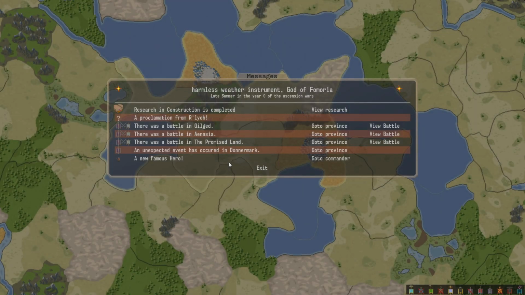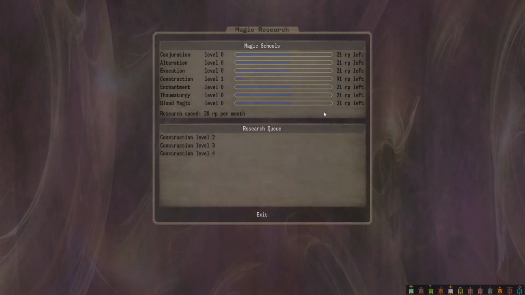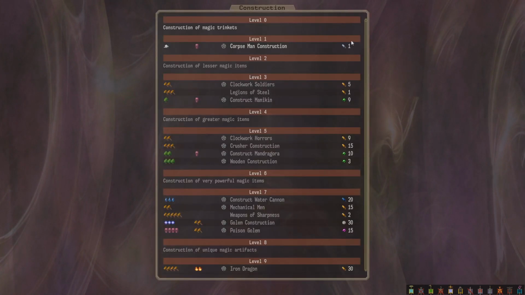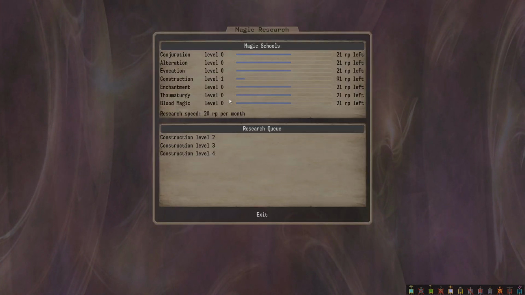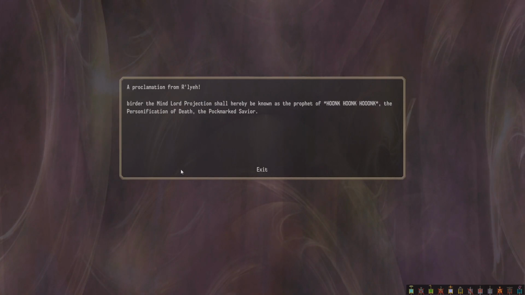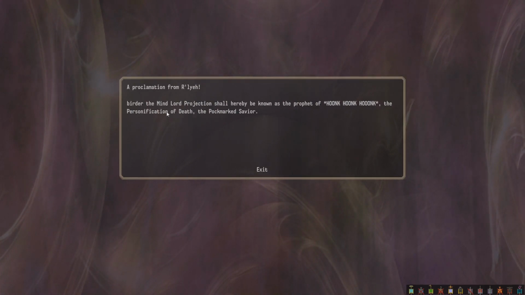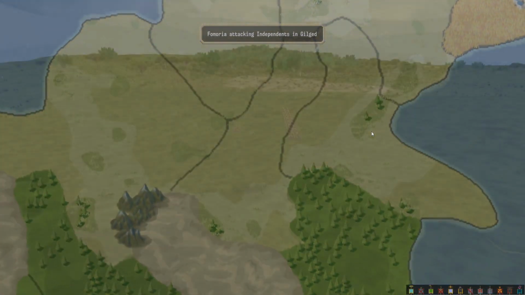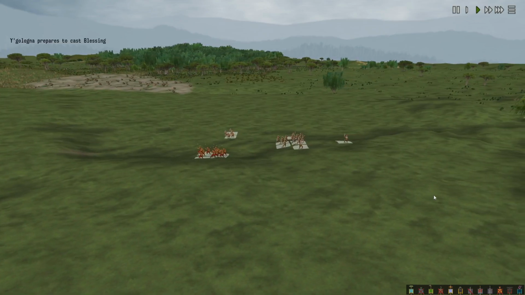Hello, welcome back. Got some research in construction done, which is pretty cool. We can now do corpsemen. But not really worth it until we get the, you know, corpsemen booster items. We'll keep going. Well, yeah, has a prophet. Berda is the prophet of Honk Honk Honk. The personification of death. The pockmarked saviour. More like peckmarked saviour, am I right? Maybe. Battling Gilgad. So here's the shipwreckers into...